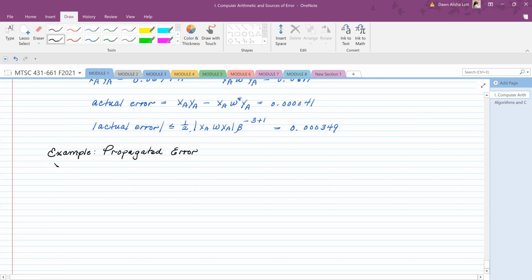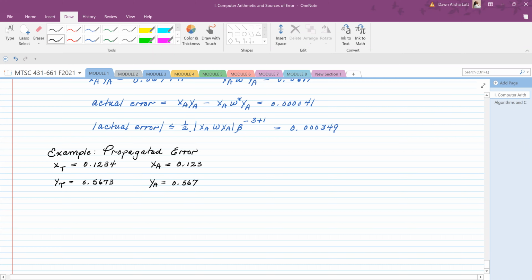So X true is 0.1234, and our X approximate is 0.12, and our Y true is equal to 0.5673, and our Y approximate is